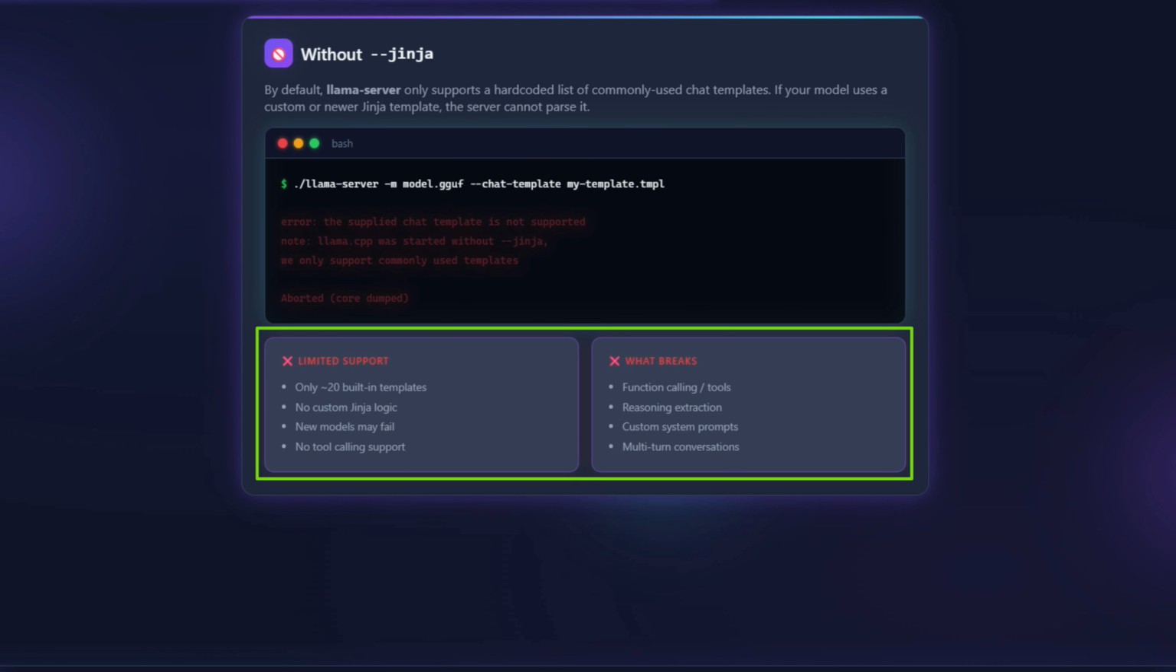So no custom Jinja logic actually, new models may fail, and no tool calling support. So what it breaks: function calling tools, reasoning extraction, custom system prompts, and multi-turn conversations. Okay,